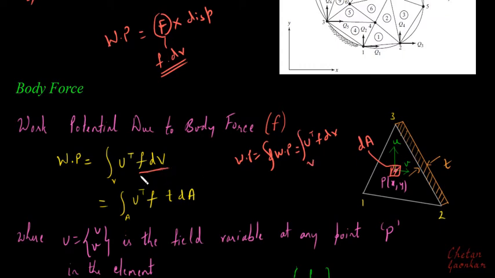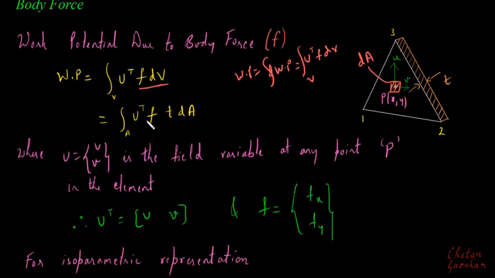That is exactly what has been done here. And then further, if I observe this, the small volume has the thickness constant throughout. What is only changing here is the small area, and therefore this small volume term dV I can further write as t multiplied by dA, because t is a constant here.